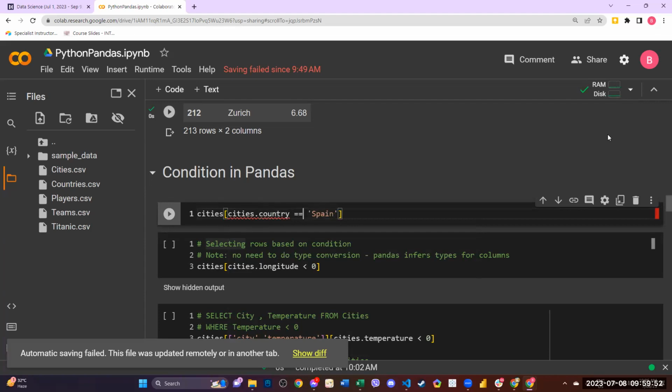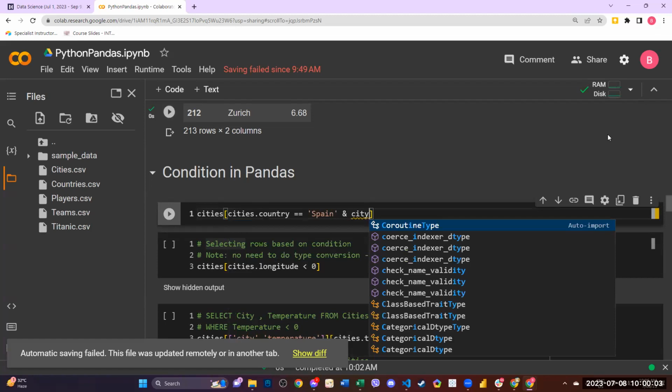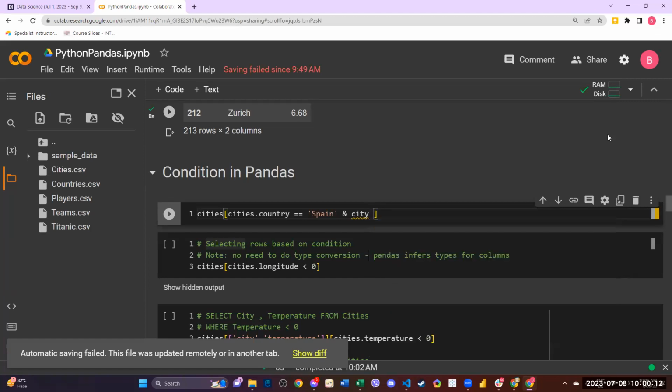Okay. Equals Spain, and city, this equals